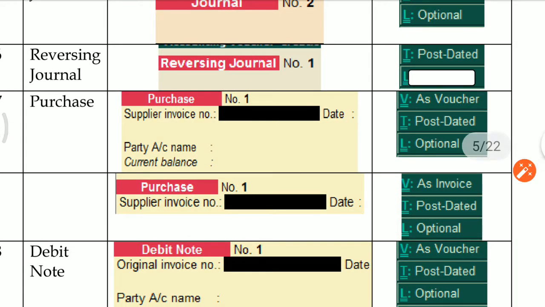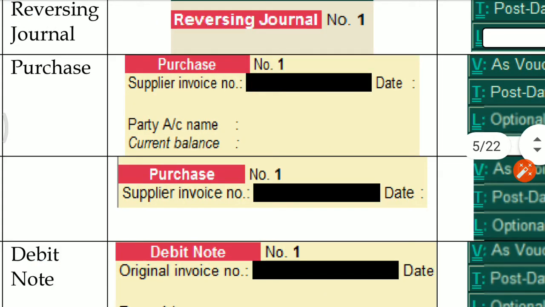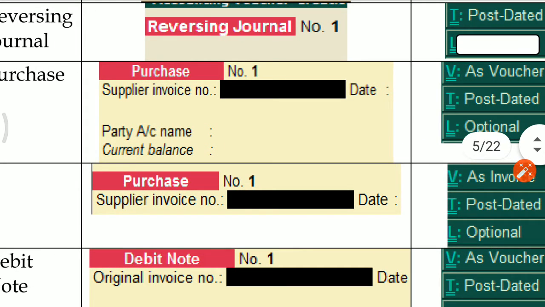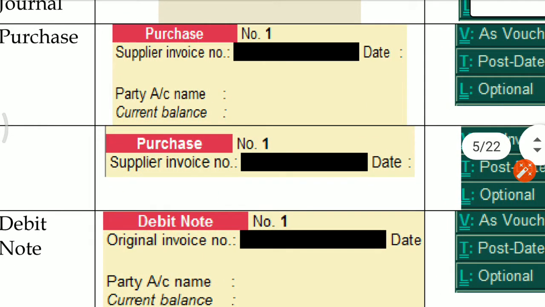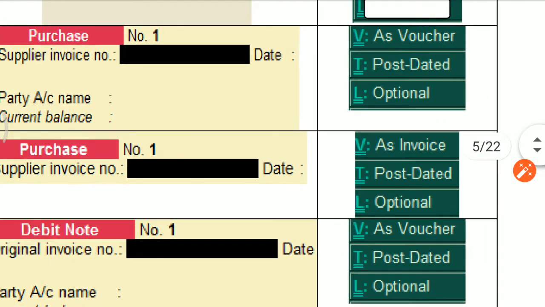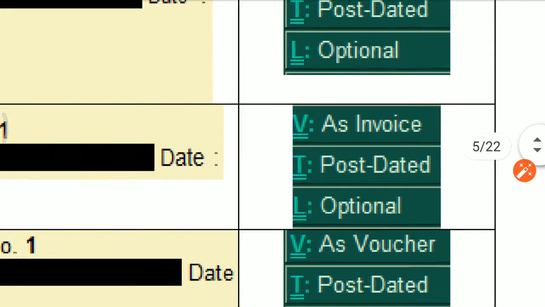Purchase voucher: if you select the purchase voucher, it is in the invoice format. Okay, it is in the invoice format. You have to insert the supplier invoice number and supplier billing date. Then you have to select the party account. Okay, if you want your purchase voucher in voucher format, see here, as voucher and as invoice.